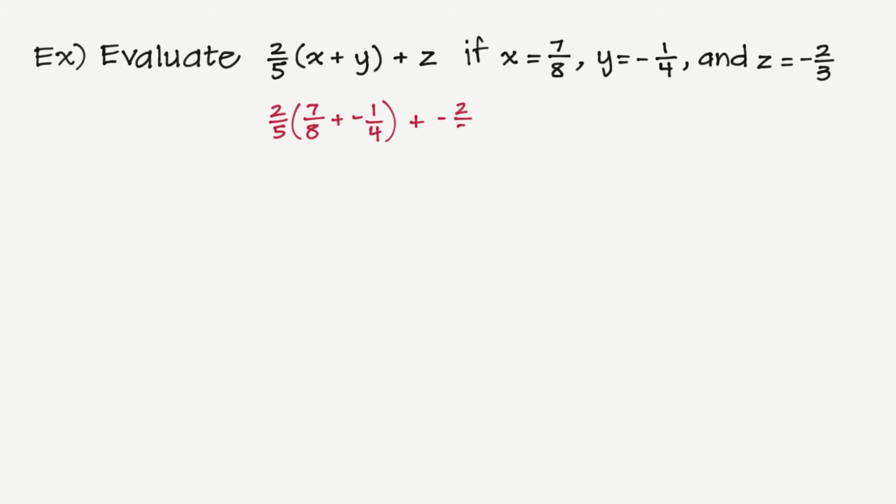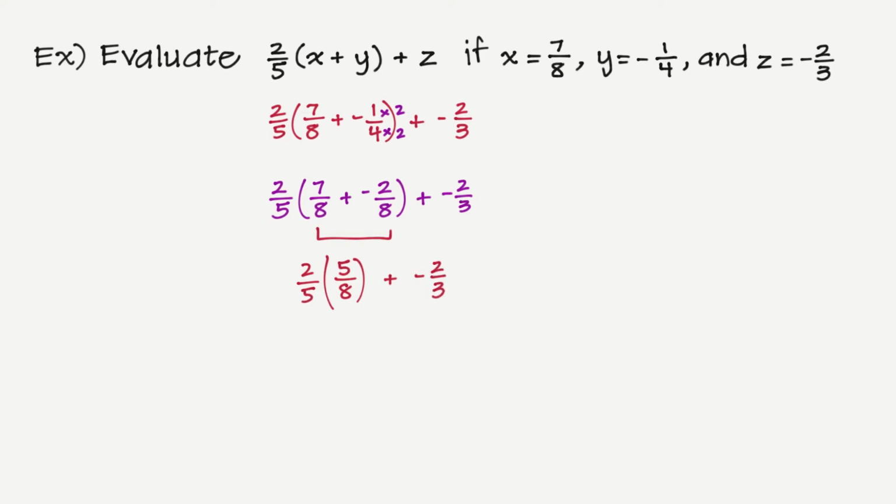Okay, so I'm going to go ahead and do parentheses first. I'm going to add those two fractions on the inside. And if I can change that 4 into an 8 by multiplying by 2, then I can add the fractions. So that's going to be 7/8 plus -2/8 on the inside. So when I add 7 plus -2, I get positive 5/8. And I'm going to multiply that by the 2/5 and add -2/3. When I multiply, I can cross out the 5s, and I can reduce the 2 and the 8. That's going to be 1/4 plus